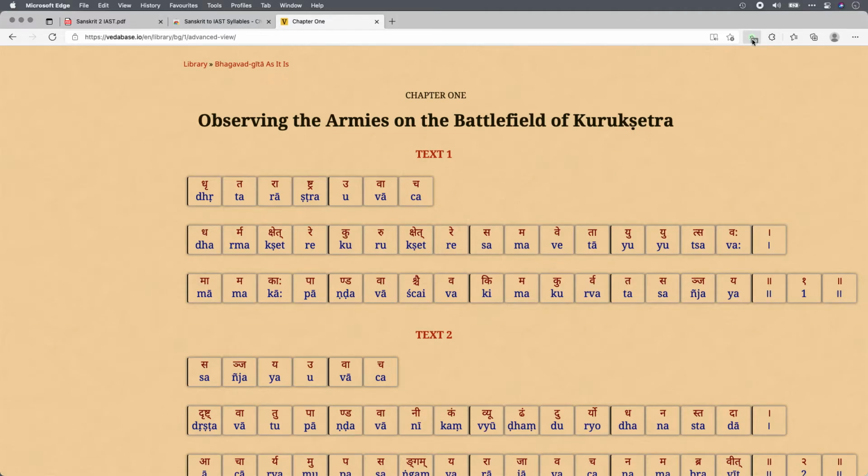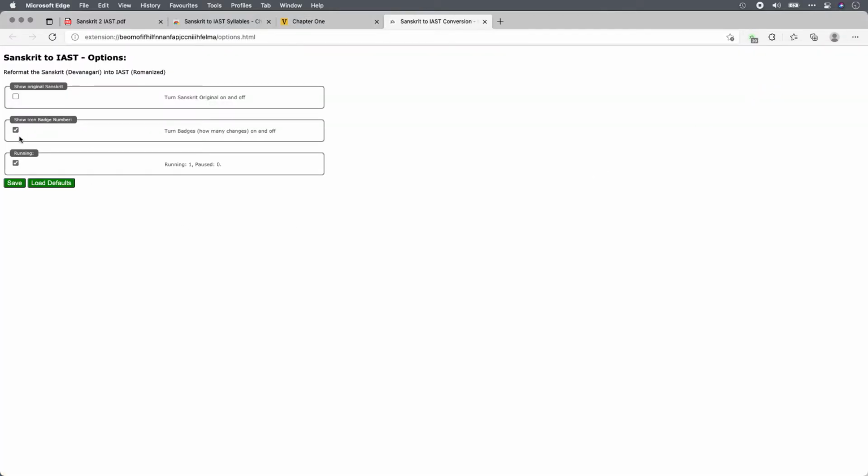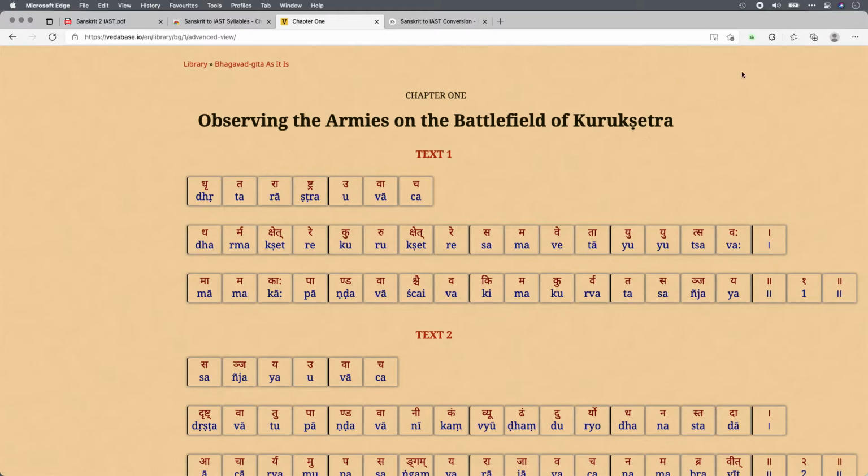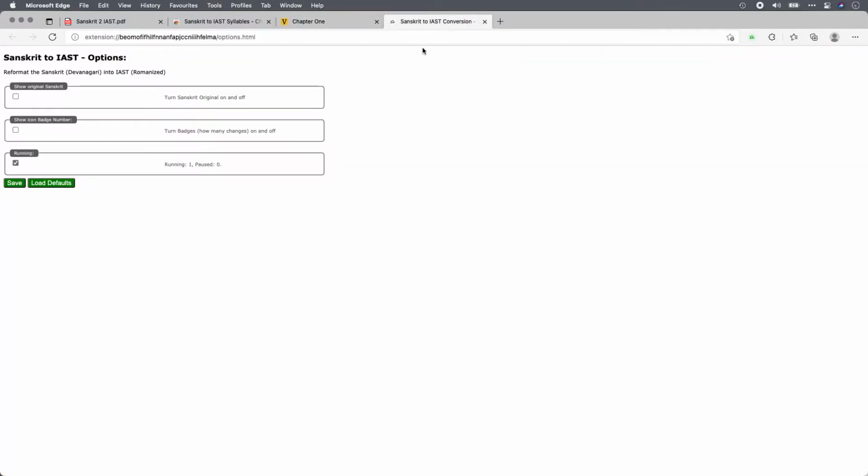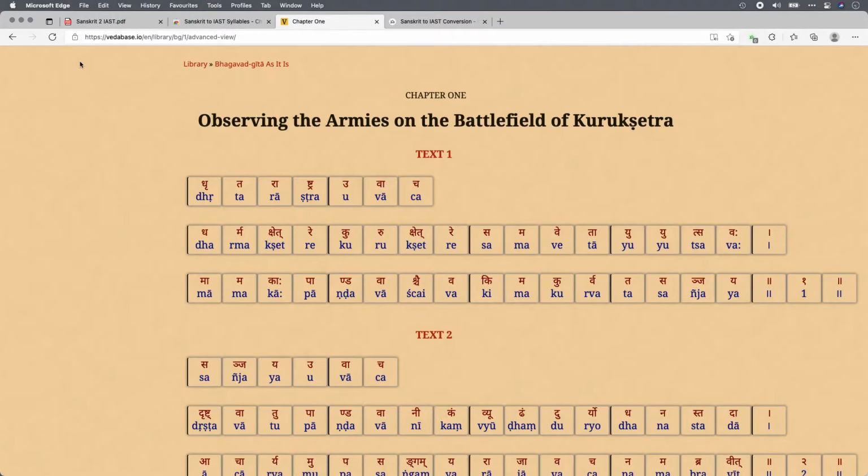Okay, then you can also go to the extension options and do some small changes. For example, you can turn the numbers on and off. Then if you reload it, the numbers are gone. And you can even show the original Sanskrit text. So if you reload the page,